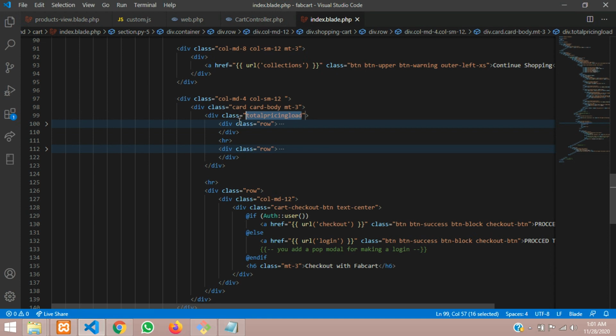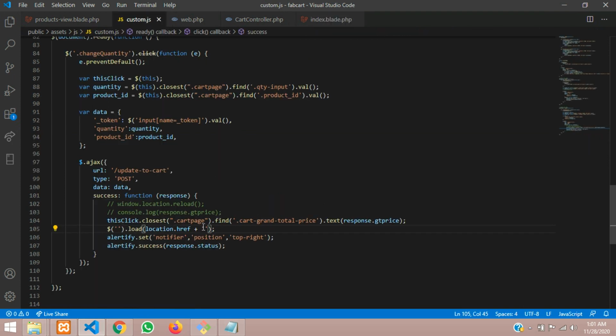Okay, so let's copy this, and now before that we will declare one ID. So before this we will declare one simple ID. We will tell total section, total Ajax call we will tell. Okay, so Ajax call, simple thing, total Ajax call ID is there, and this is the class to load. So let me just copy this, and let me go to our over here. So this is the ID, so we are calling that ID. So on this ID, whenever the success is going, that time load the class location of that class.